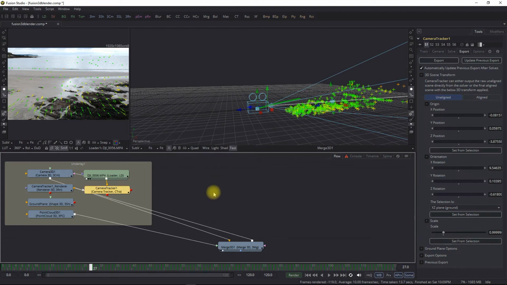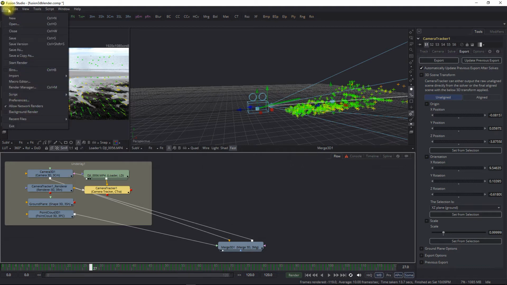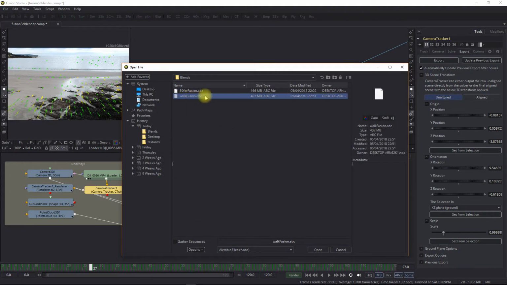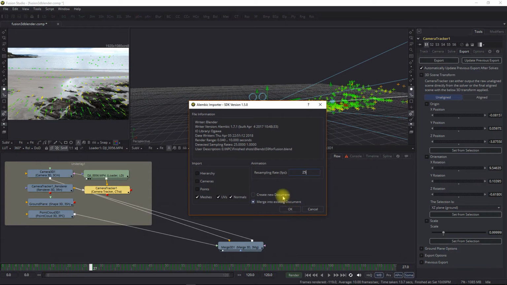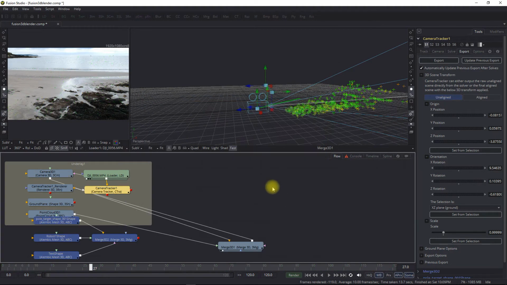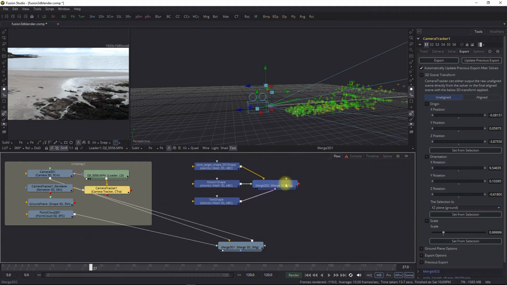So now I'm going to bring in the robot. So we're going to go File, Import Alembic, and this is it here, our Alembic scene. So it's about 400 meg, even though it's 150 frames. My frame rate's 25 per second because I'm in Ireland. And then this is my